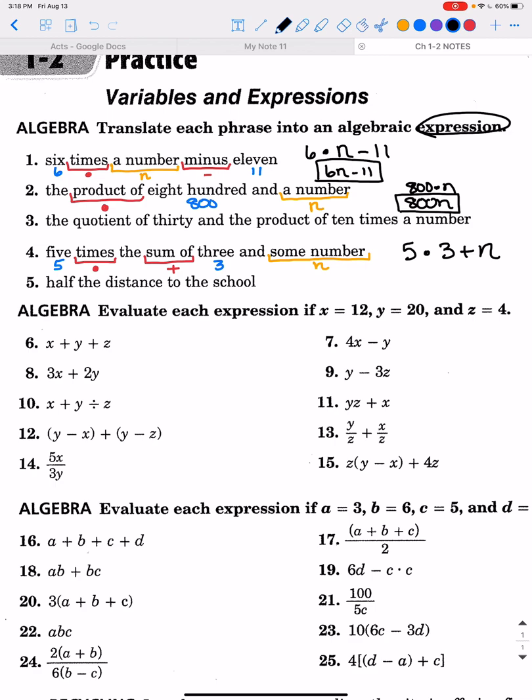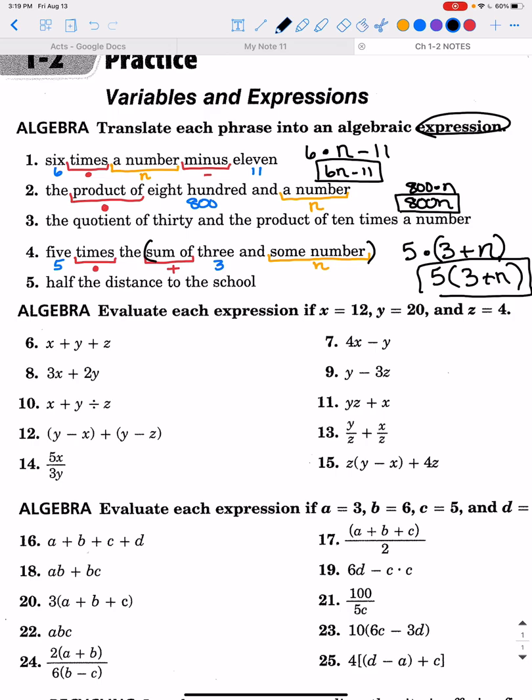This wants you to take 5 times the whole sum of 3 plus a number. So we need to use parentheses here because we need to make sure that we're doing the sum of 3 and some number first and then taking 5 times that sum. So again, there's a cleaner way to write that, which is to eliminate the multiplication sign and just write it as 5 parentheses 3 plus n, and that's actually the final way that you would write